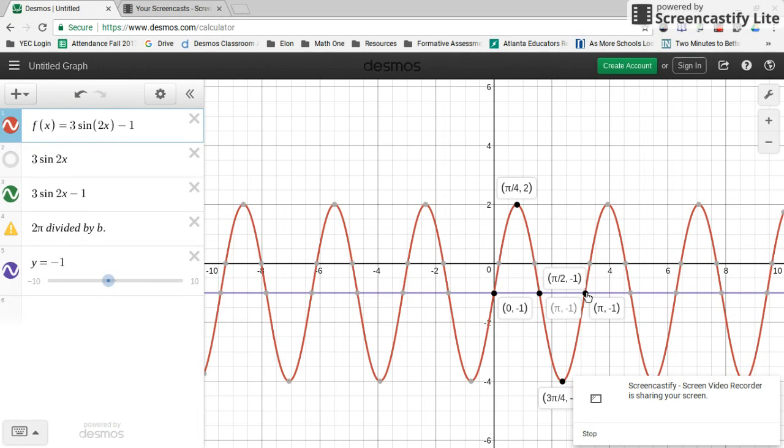One thing you can do, if you find your period, right? So I'm going to unhighlight the rest of these. If you find your period, pi, you can think halfway in between 0 and pi is pi over 2. Halfway in between 0 and pi over 2 should be pi over 4. And your y is a little easier to understand.